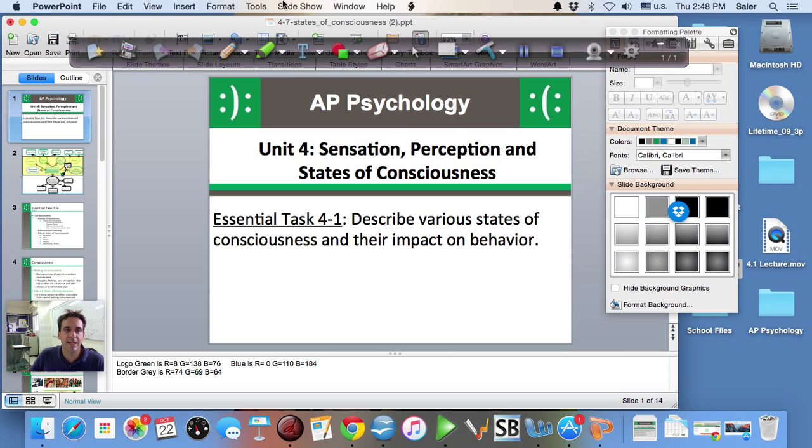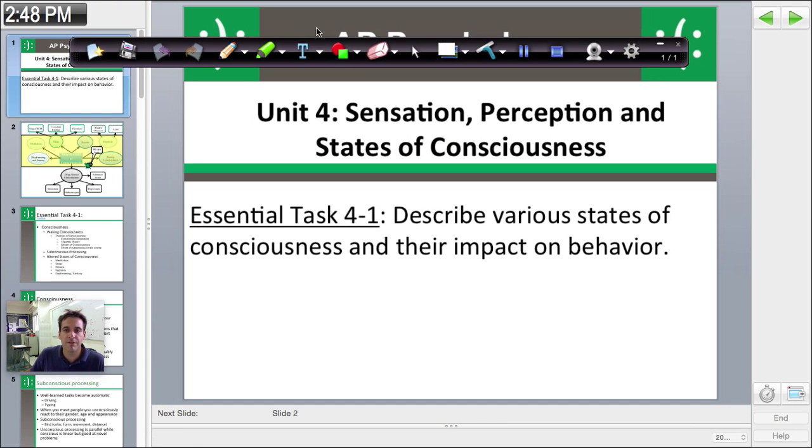So let's get into our new unit of consciousness. In this unit, we will look at a lot of fun stuff. Today, we're just defining what consciousness is. And then once we have that basis, we'll start looking at sleep, sleep patterns and sleep disorders. Then we will do a day of hypnosis. And actually, Mrs. Brett, Paul's mom, will come in and hopefully give us a first-hand example of hypnosis. I've got to find some students who are willing to be hypnotized.